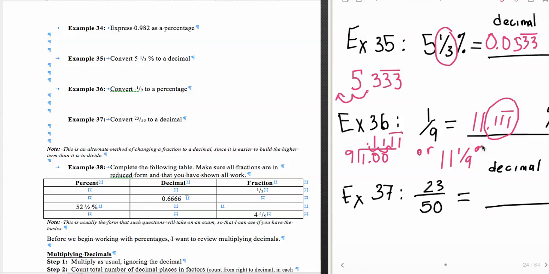Now I'm going to leave the last example, number 38, for the next lecture, and for you to work. So before you start the next lecture, I would suggest you work example number 38, pause the lecture, and then